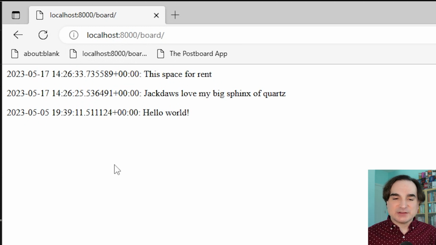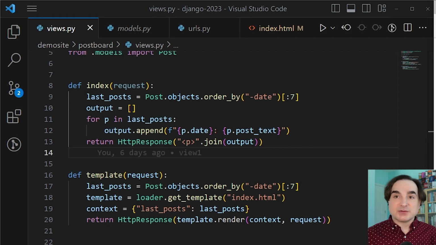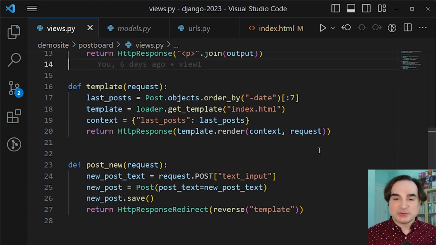Now, there is one big drawback to returning results this way by manually constructing strings. It is clumsy. Anything bigger than the most trivial responses gets really unwieldy to deal with. And that's why Django and many other web frameworks have a system for rendering and returning HTML programmatically to the client, a templating system, as it's called.